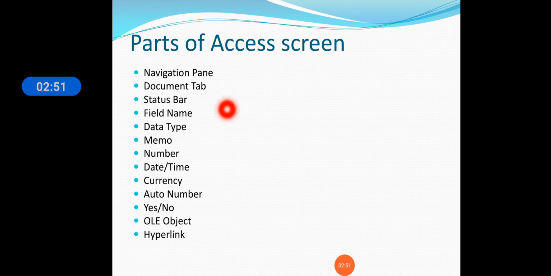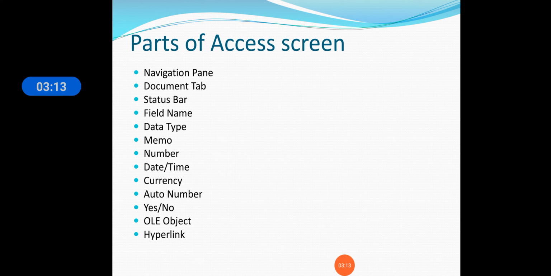In the previous lecture we have seen the navigation pane, document tab, status bar, field name, and data types: memo, number, date and time, currency, auto number, yes/no, OLE objects and hyperlink. These are the points which we have covered in the previous lecture.